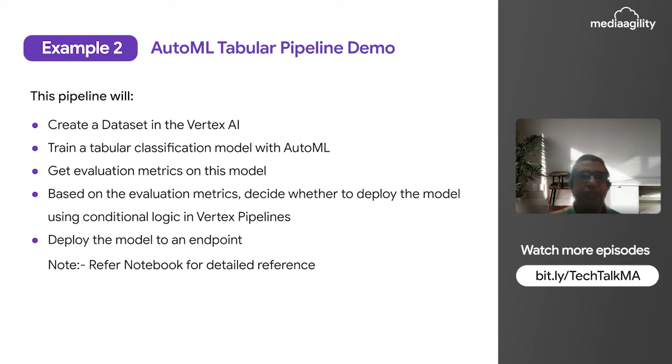which is tabular dataset create. First we are going to create the tabular dataset, then we make use of this Vertex AI tabular dataset to train our model. Then we are further evaluating the model. After evaluating this model on various criteria like AUC ROC, precision, recall, once we find that this is a good model to deploy, we are going to deploy the model to an endpoint so that it can serve further. Now take a look at how it looks.